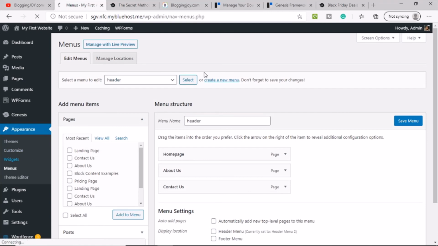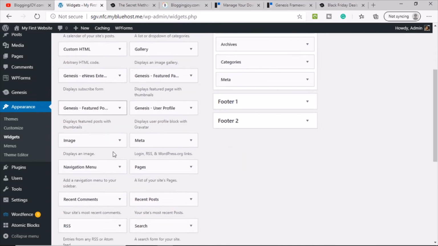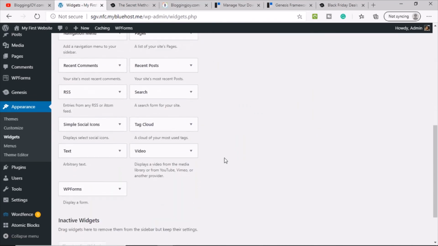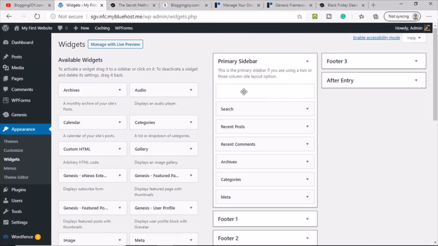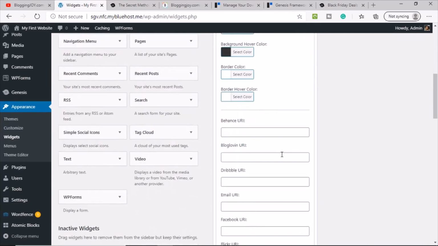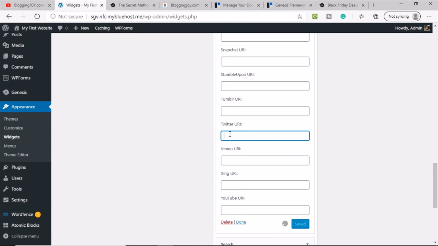Let me go and check. Let's go to the widgets. Genesis eNews Extended. So with the help of eNews Extended, we can create an email sign up form. Simple Social Icons. So if you want to provide your social icons in the right sidebar, you can provide them here. So you can see that. Let's say Twitter. I put something.